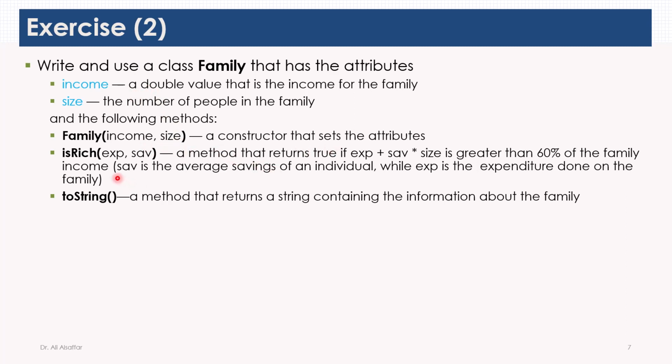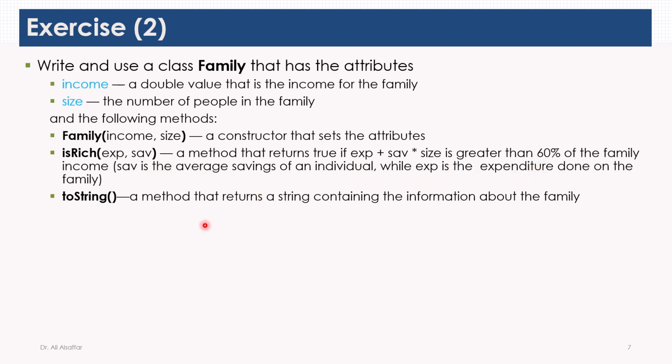Also, we need to define another method. It's called isRich, and its input is the average expenditure of the family and its average saving monthly. What is the average expenditure? The average expenditure is in fact the average expenses the family pays compared to the savings. The method should return true if the expenditure plus the saving multiplied by the size of the family is greater than 60% of the family income. So SAV as an input parameter is the average savings of an individual, while